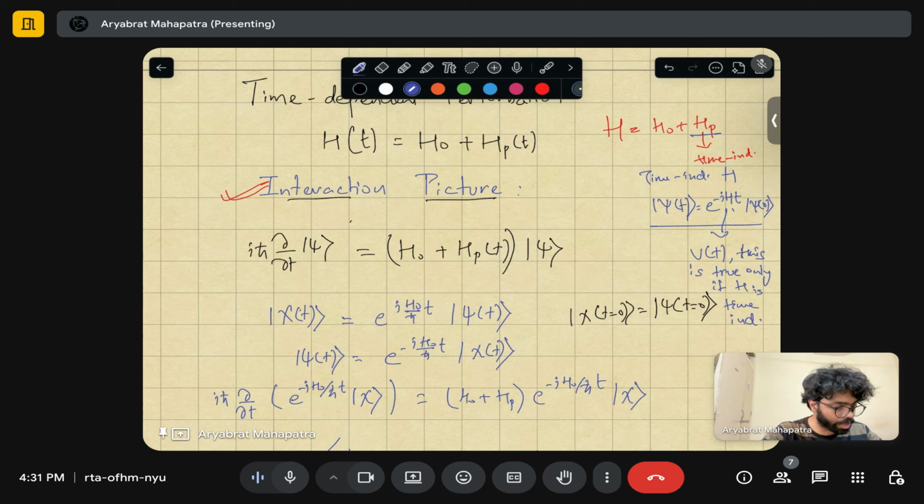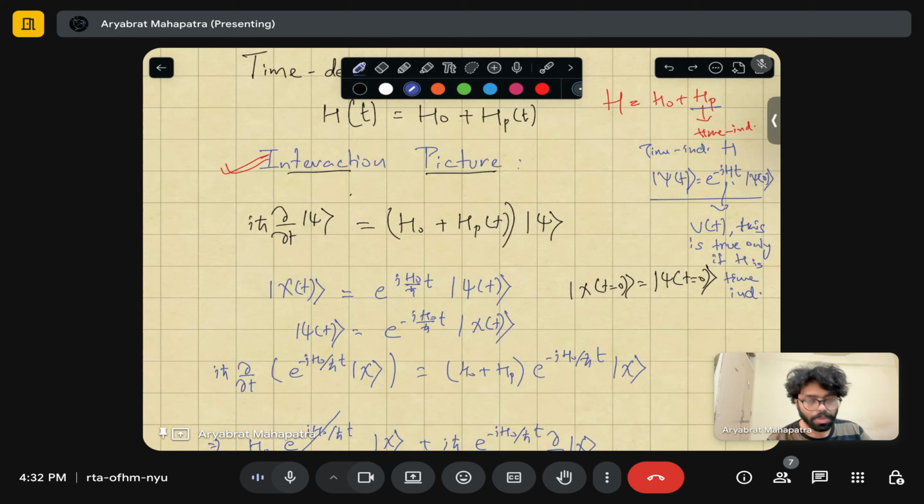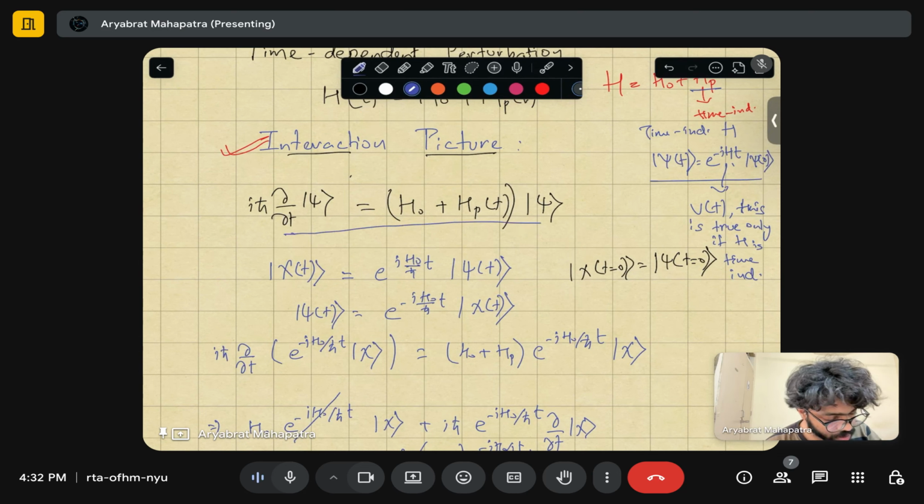So this is like in the Schrodinger picture. The treatment which we were used to work with is the Schrodinger treatment, the Schrodinger picture. There is also something called the interaction picture. That is how you solve your Schrodinger equation in a different way. That is as follows. You write your time dependent Schrodinger equation, which is this, and then you define something,